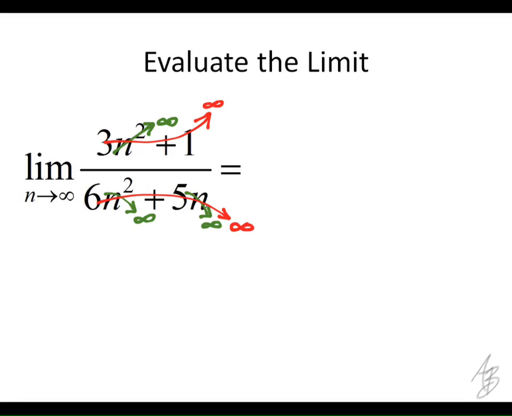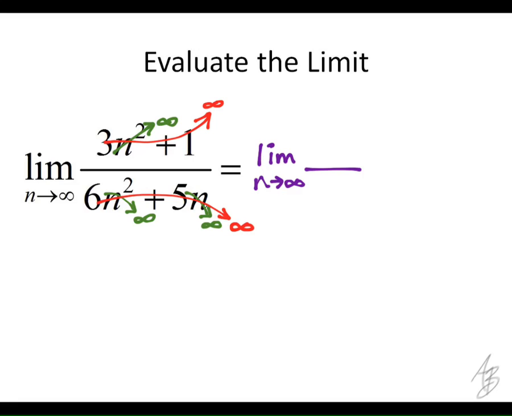We only really know that because we're adding them. If we were subtracting, we may have to make an adjustment, although it's going to go to whatever the highest power does. So if we had like 6n squared minus 5n, it still goes to infinity because the highest power goes to infinity. So since it's infinity over infinity, we have that indeterminate form,